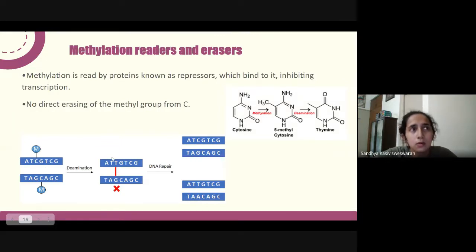But now you all know by now that an A pairs to a T and a C pairs to a G, right? So when your cell sees that there's a T and a G here, it's flagged as a mismatch. The cell realizes that, hey, look, this pairing is wrong. This is not how it's supposed to be. And so it starts the process of DNA repair. That is a whole other process, which I'm not going to get into. But ultimately, the aim is to correct that mistake.